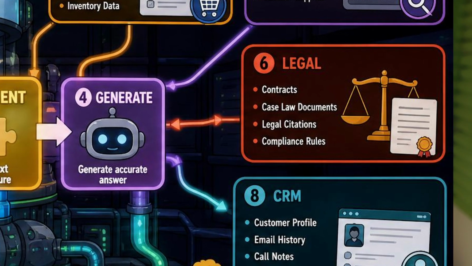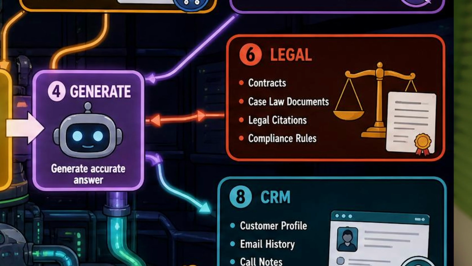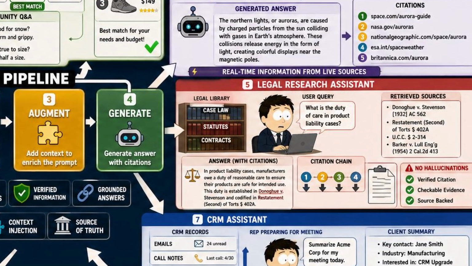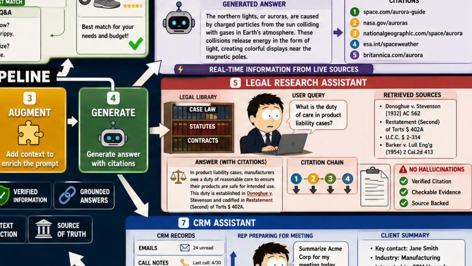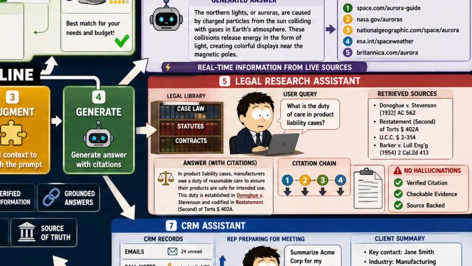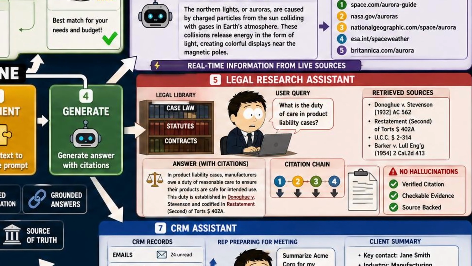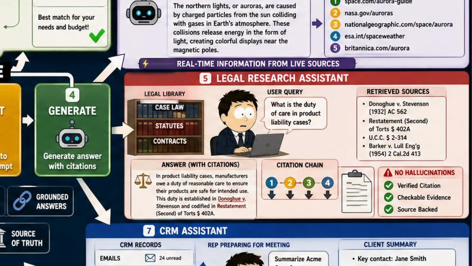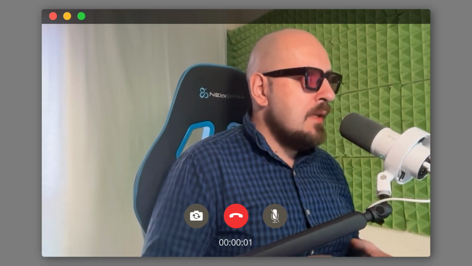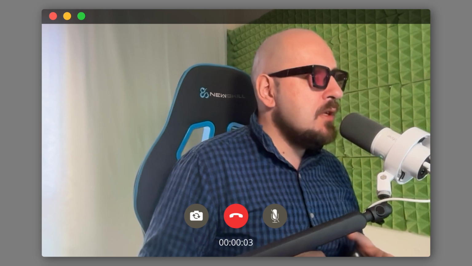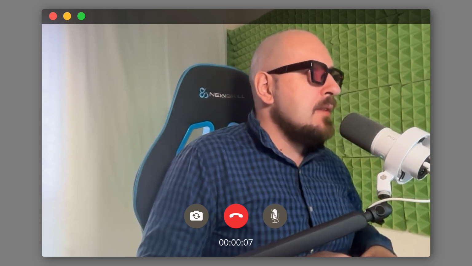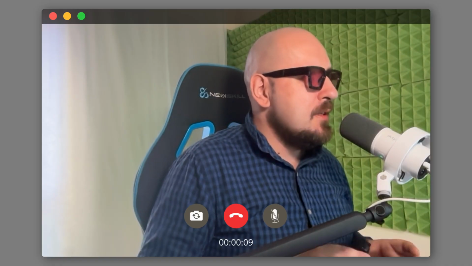Without retrieval, as we already know, the model would be working from knowledge that is already outdated. Let's have a look at the legal field, for example. Lawyers use this constantly. Harvey, a legal AI platform now used by well over 100,000 lawyers, retrieves relevant case law, statutes, and contracts before the model even answers a question, and every citation is traced back to a real, checkable source. In law, an AI that invents a case citation isn't just wrong, it can get a lawyer sanctioned. Retrieval isn't a nice-to-have here, it is the entire reason the tool can be trusted at all.